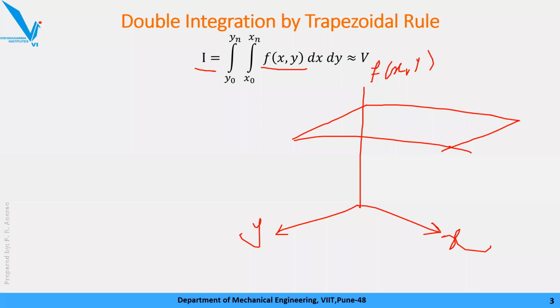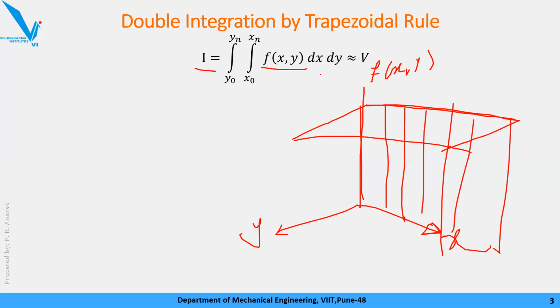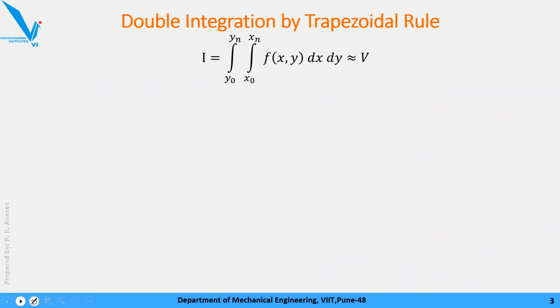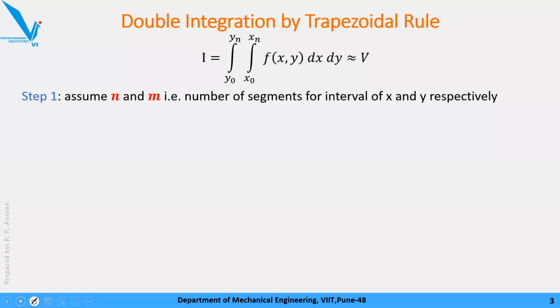So we have two directions here. Earlier it was only one. So what we did was, this curve is divided using a number of segments. So in the x direction we made pieces of it. But now as this function has a second independent parameter or second direction y, that means I need to divide or have strips in the y direction also. So the number of strips in the x direction we will assume as n, and the number of segments in the y direction we will assume as m. It's a simple task, you just have to make the assumption. Step 1, assume n and m, n related to x, m related to y.